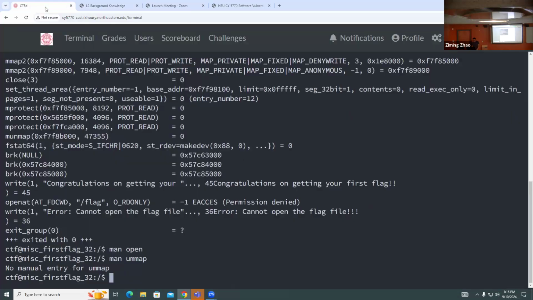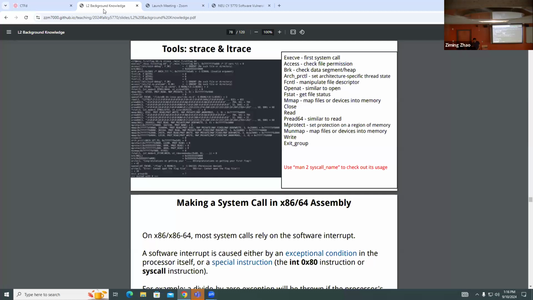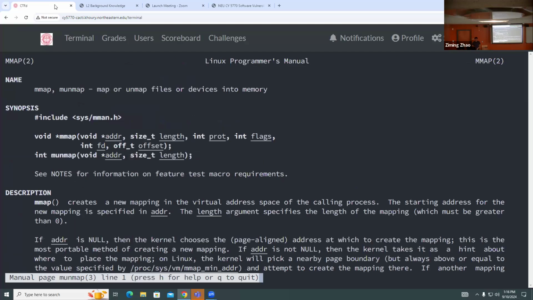It should be munmap. M means memory, so this one unmaps a memory region in the virtual address space. And please do not forget, oh, unmap. There should be an N here. So when we do this, you can say,